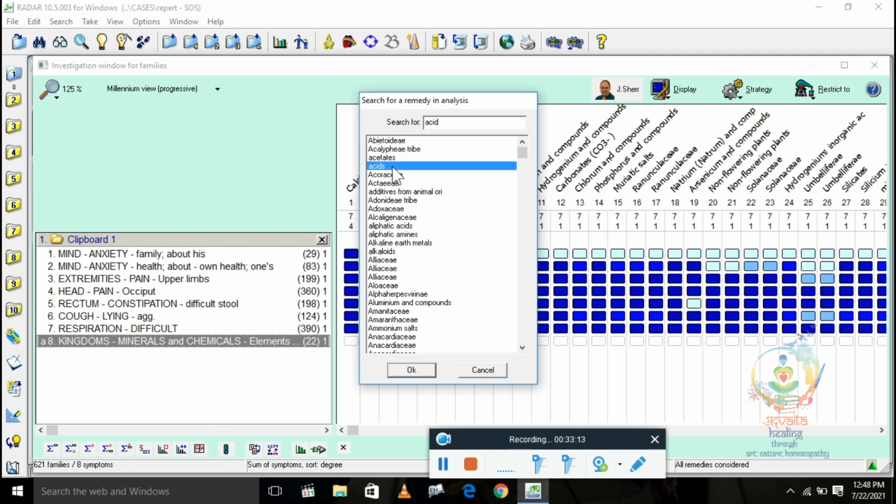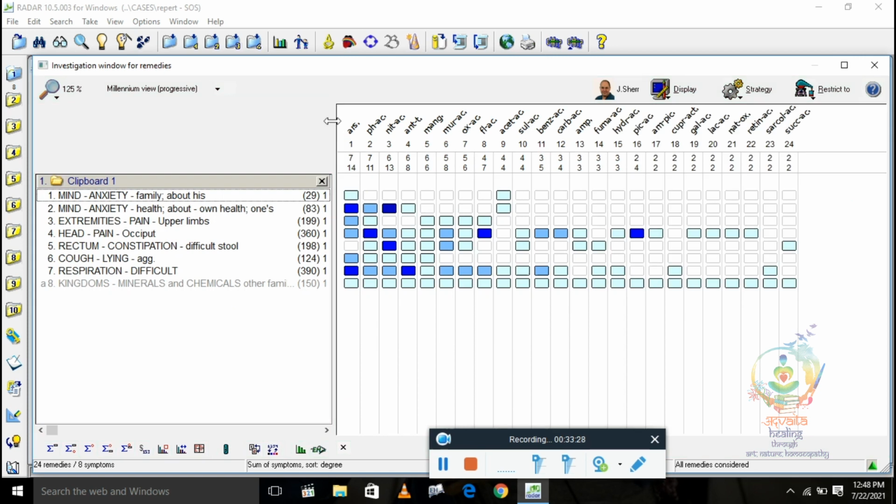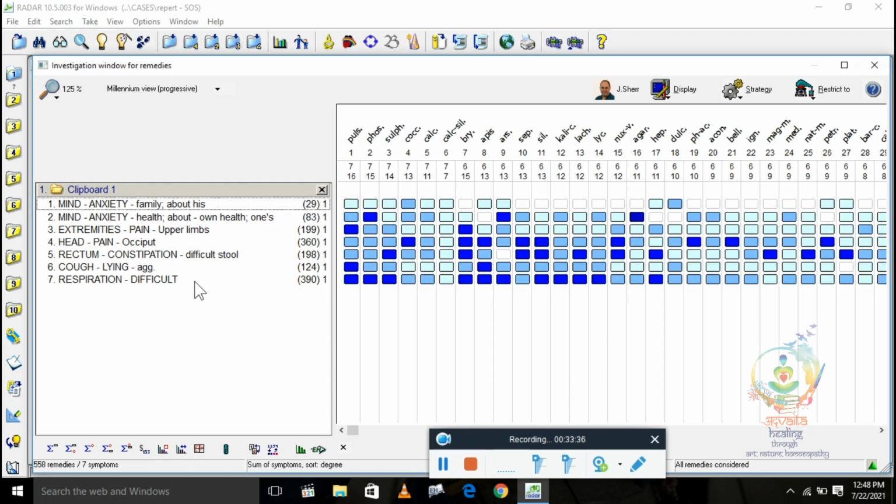If you know it is the acid group but you don't know from which particular remedy the whole case comes, you can go to acids, then all the acid remedies will appear. Like that you can filter the repertorization chart for a particular group of remedies.